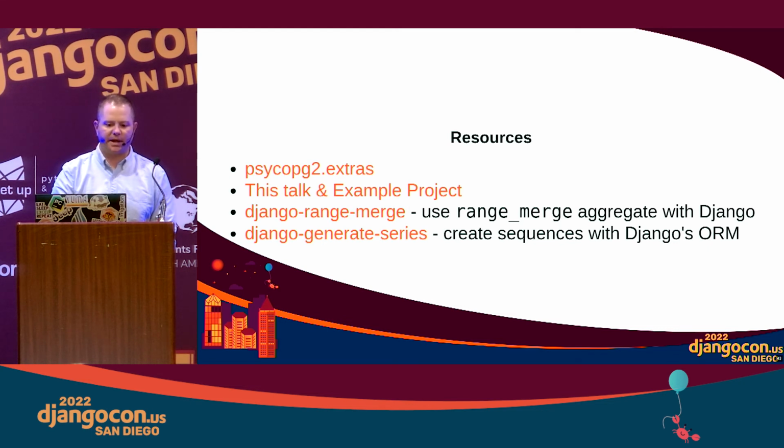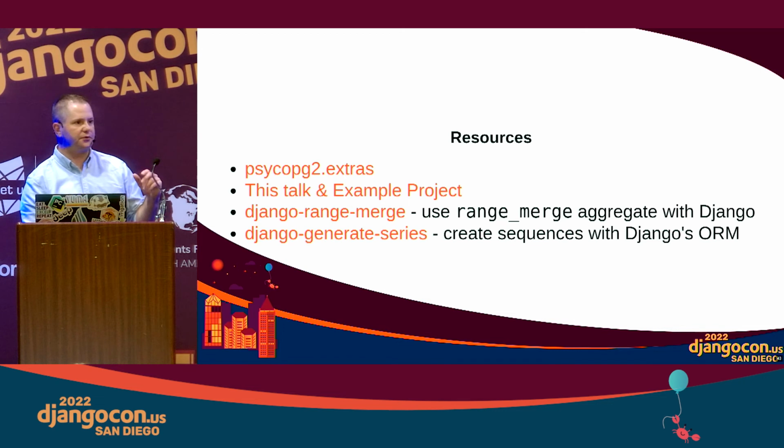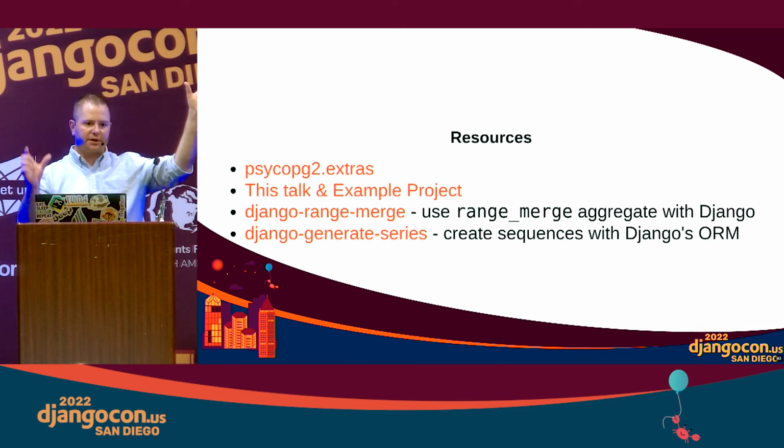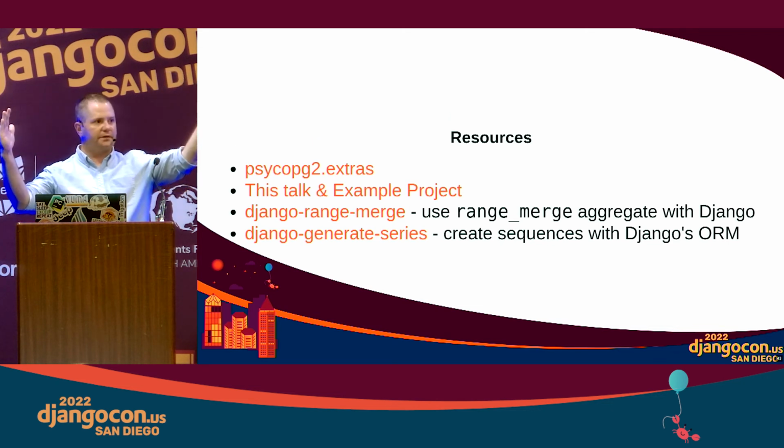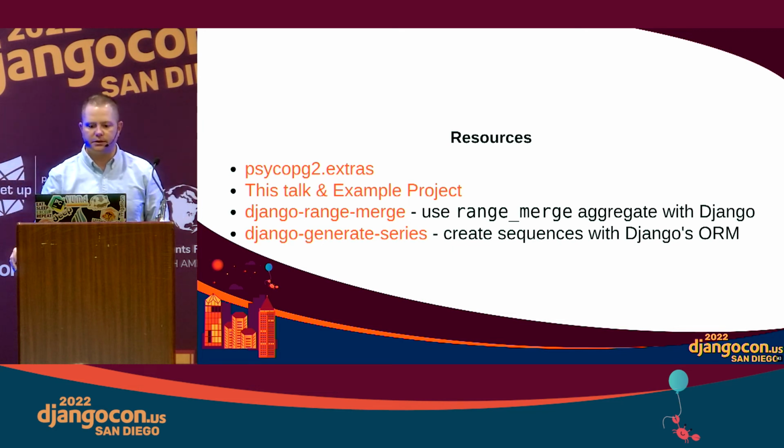And then a couple of packages that I have worked on in the past that I've found very useful when working alongside ranges are the range merge package, which takes Postgres's range merge function for aggregates and allows you to do things like, if you're filtering and you have one range way over here and one range here, say from 1 to 2 and from 7 to 8, range merge allows you to get from 1 to 8 returned, a single full range that covers the entirety of